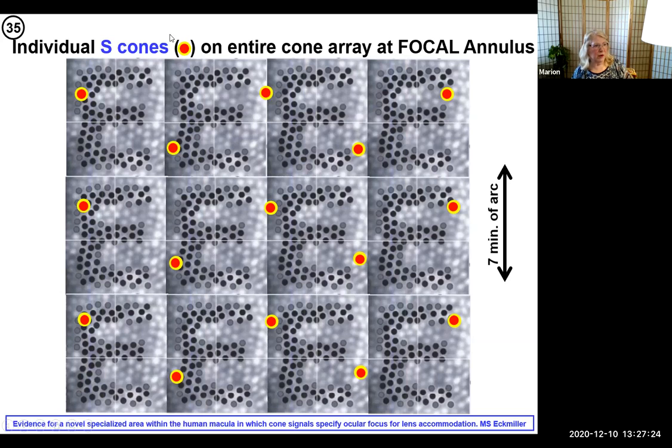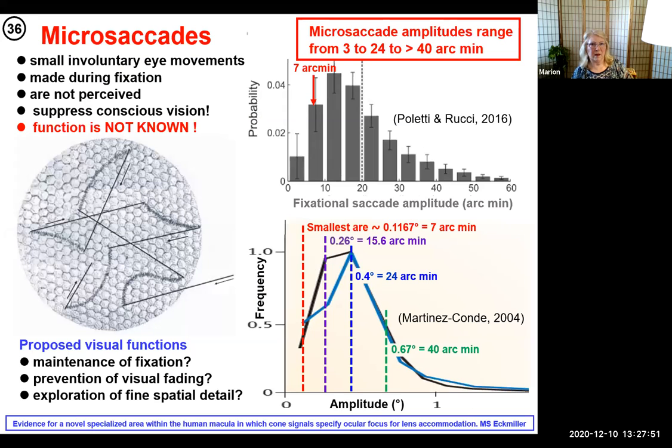And I have projected onto that S cones, which I show like this, red and yellow so that we can see them. And they are spaced equally apart at 7 minutes of arc from each other. And when you look at this, you realize those S cones are going to have a real problem picking up that E, okay? They are subject to aliasing. And I am suggesting here that that is going to be important for the phenomenon of microsaccades.